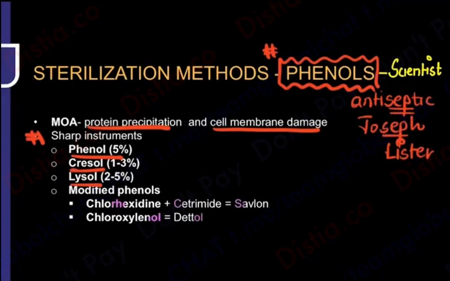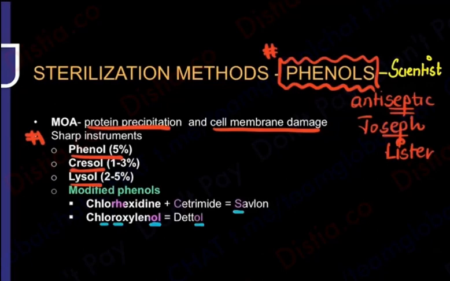But you know in the exam these modified phenols are asked a lot. That is Savlon and Dettol. So remember Dettol, what did I say? I have highlighted the relevant words. Dettol is going to be chloroxylenol. Okay? So Dettol has a lot of O sounds. Dettol is chloroxylenol. Whereas Savlon is going to be chlor-